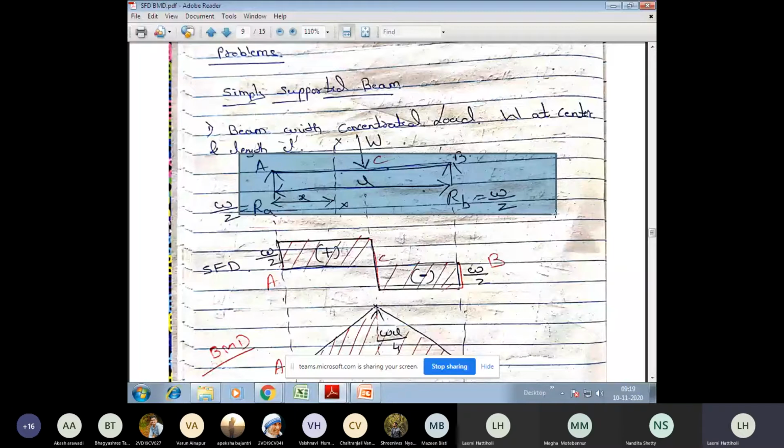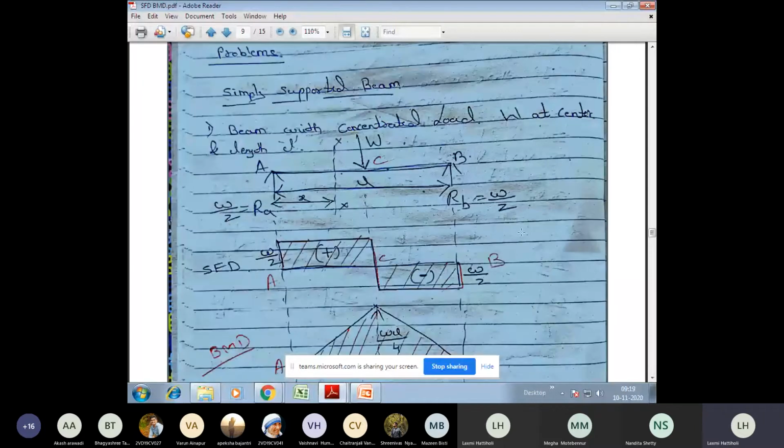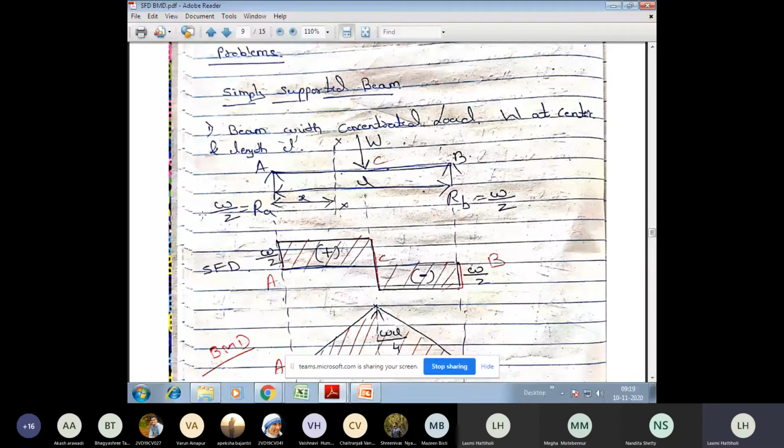So what's the first thing we learned in yesterday's class? Whenever a beam is given, check the load and the span, and the very next thing is to calculate the reactions. I told you yesterday how to calculate the reactions. If you don't know, please practice this, because you already learned to calculate reactions in the first year, right? So RA is W by 2, which we got, and RB is W by 2. Of course, you can calculate this, or the best way, if it is a simple beam, a simply supported beam with a concentrated load, is to check whether it has symmetry or not. First of all, it has symmetry. Why does it have symmetry?